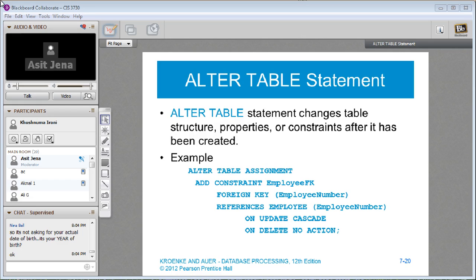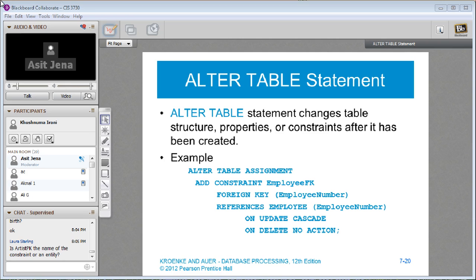So after you created the table and you have assigned some constraints, create table is a relatively simple statement, but after you have created the table and you have assigned constraints to make sure that the table can only store values that you expect it to store, there is data consistency and there is some validation.